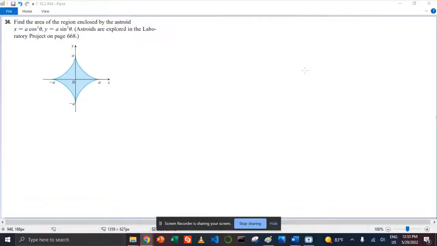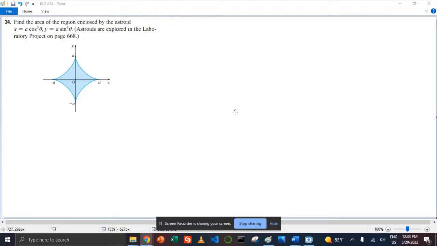Hello. Today we're going to be looking at a parametric equations problem. So this problem here says find the area of the region enclosed by the asteroid denoted by this set of parametric equations. So in order to find the area of this figure here,